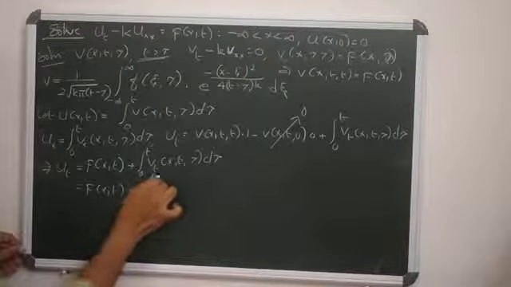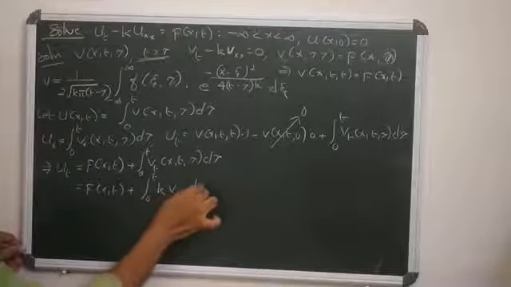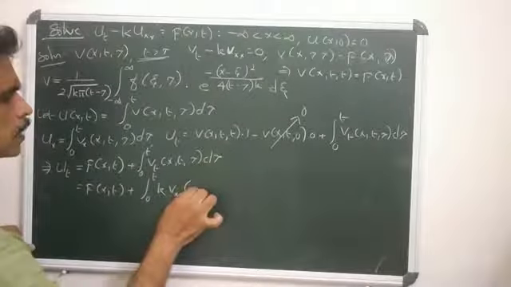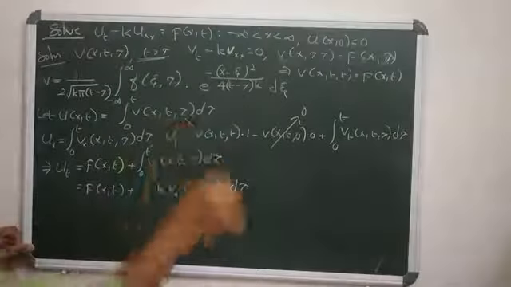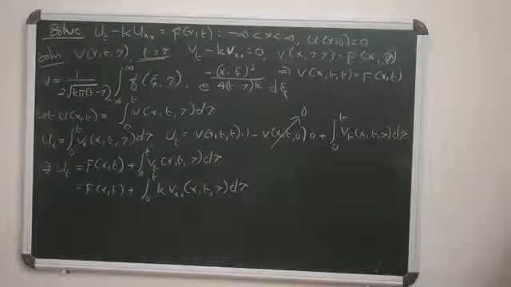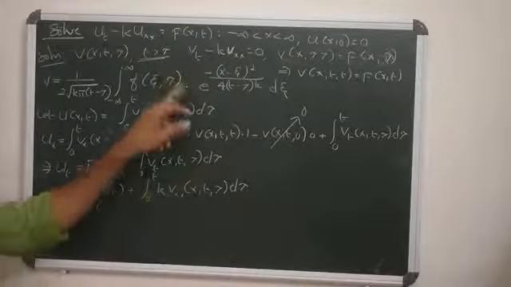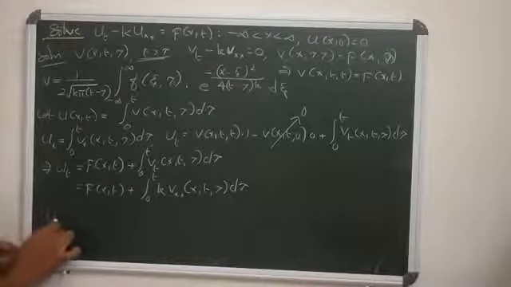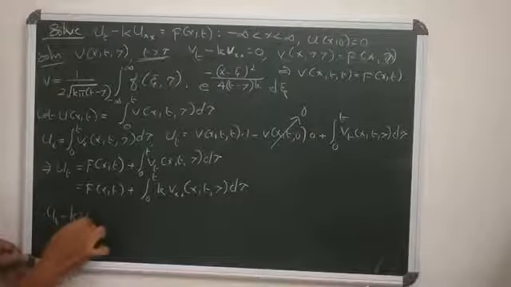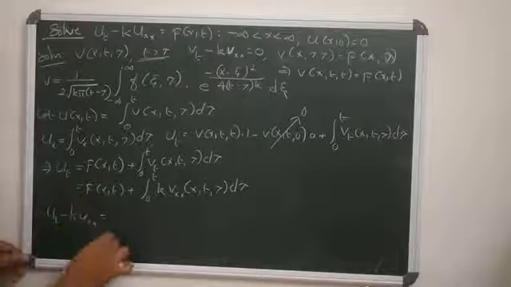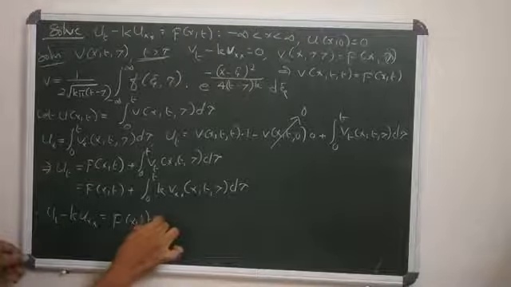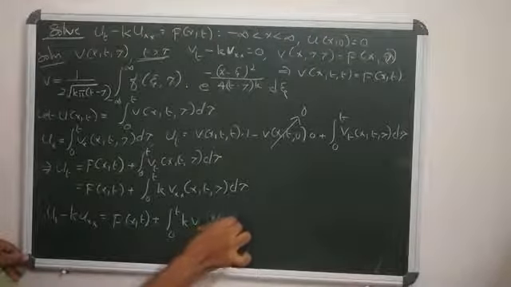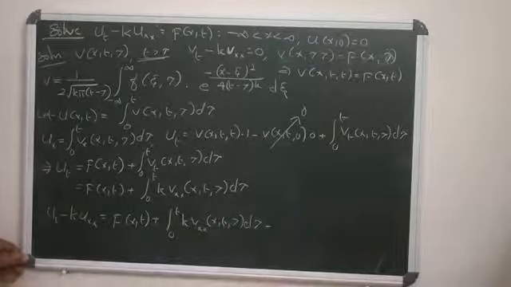So it is the integral from 0 to t of k v_xx(x,t,lambda) d lambda. Why? Because it is the solution of this equation. Okay. Therefore u_t minus k u_xx equals, what is u_t? It is f of x,t plus the integral from 0 to t of k v_xx(x,t,lambda) d lambda minus k into